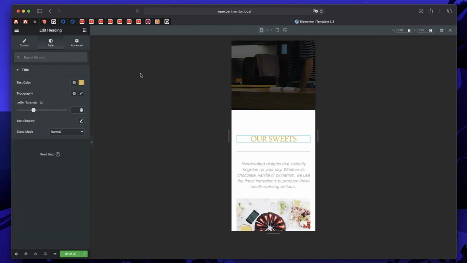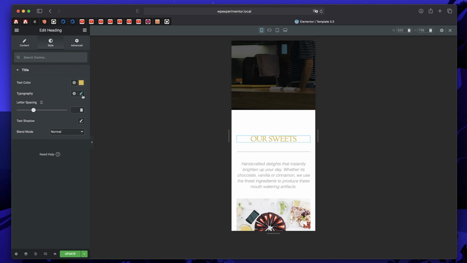Basically in Elementor, wherever you see this responsive mode icon, those are the properties that can have different values for different views. Whereas you can see that this text color doesn't have that icon. So it remains the same across all devices and cannot be changed, at least by using the Elementor interface. You can obviously do it using custom CSS, but we're discussing breakpoints.